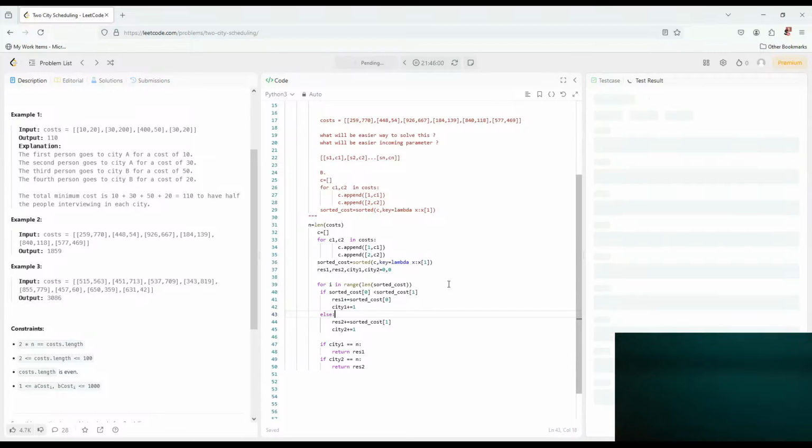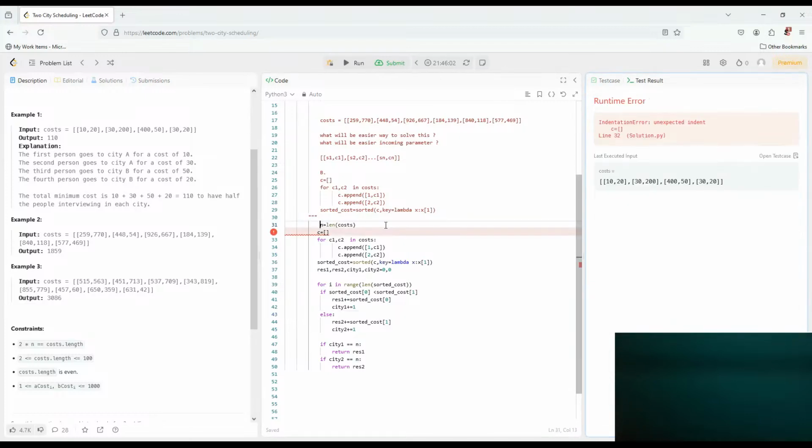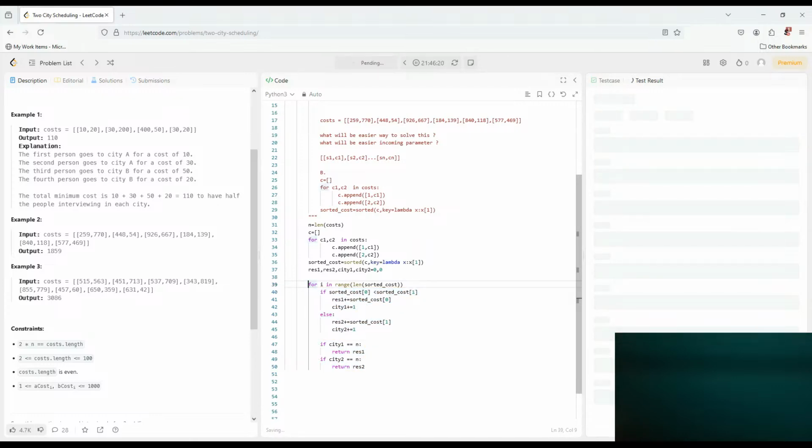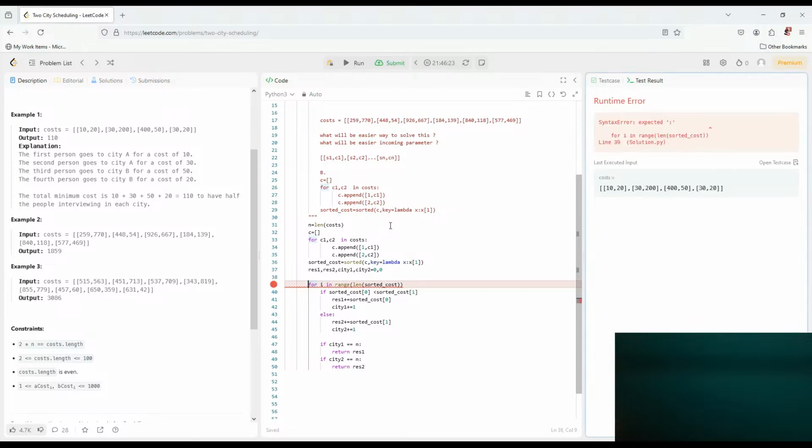Okay, let's try and run. Oh, yeah, just we didn't. Okay, so let's do even everything, and then we need even this. Okay, runtime expected is